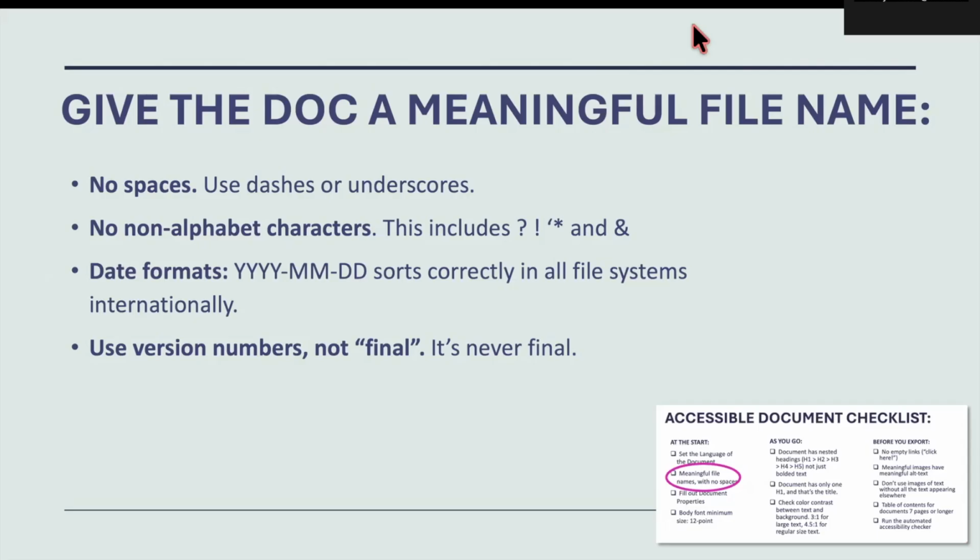And you want to get in the habit of using version numbers instead of final. It's never final. That's just a tip that's going to help save you a lot of heartache in the long run when you have worked 70 hours on a piece and somebody comes rushing through your door at the nth hour with one more change and you have to call your file final, very final. No, really, I mean it this time. Just use version numbers. Just append a different number to the end of your file name and you can just go through however many you need.